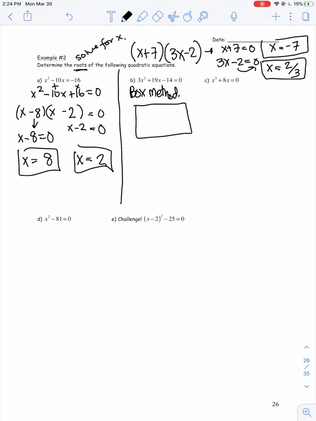But now I'm going to show you box method. Okay, so we create a box. The first term goes into your first box. The last term goes into your bottom right box. And then, just like before, we still have to multiply the first term and the last term together, and they have to add up to the middle. So you still have to find 2 numbers that multiply to